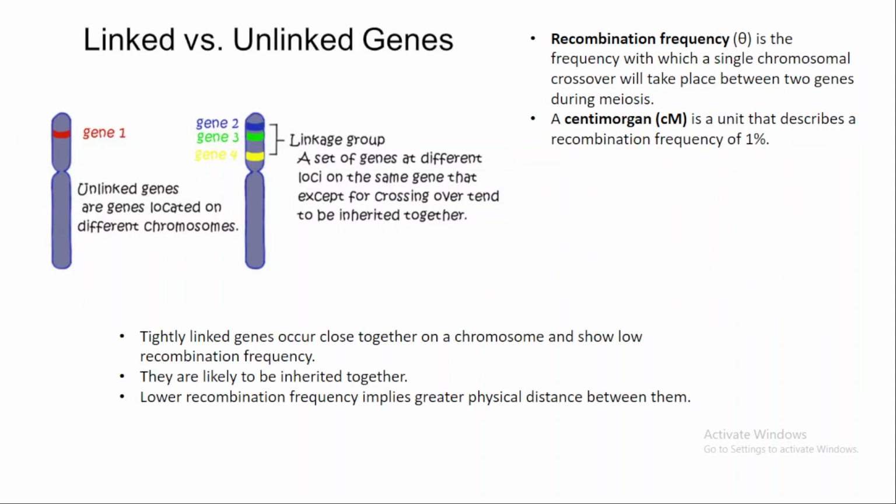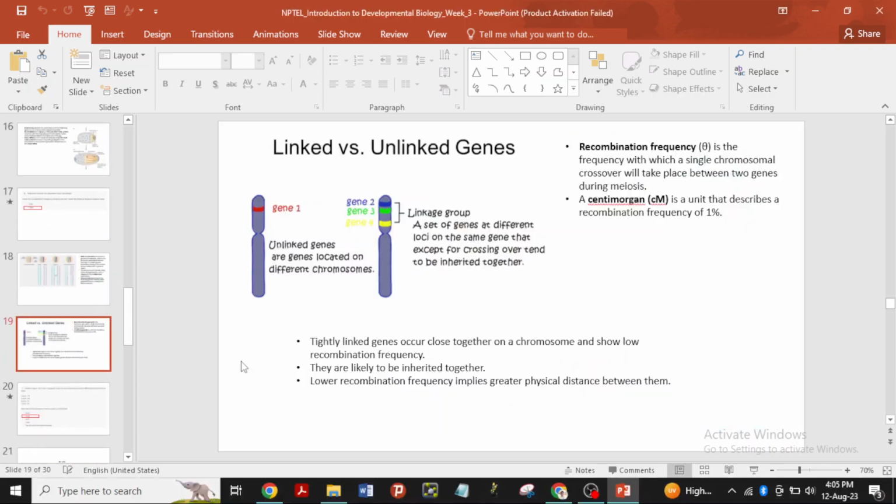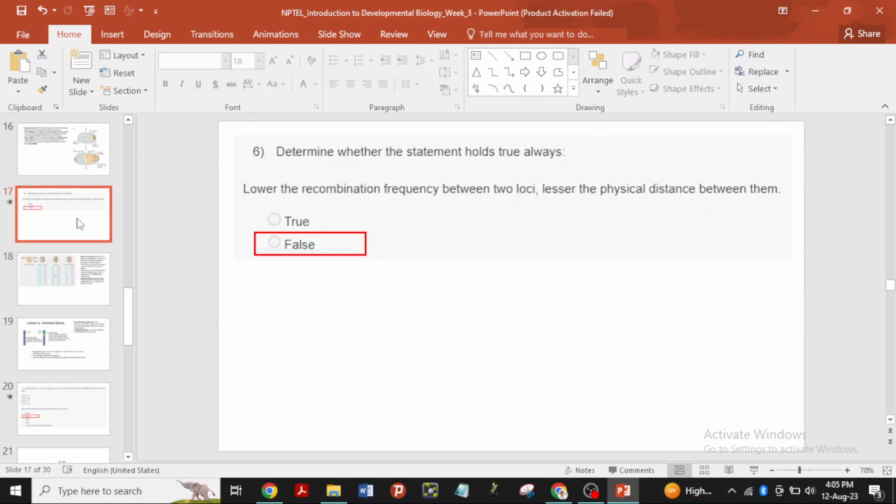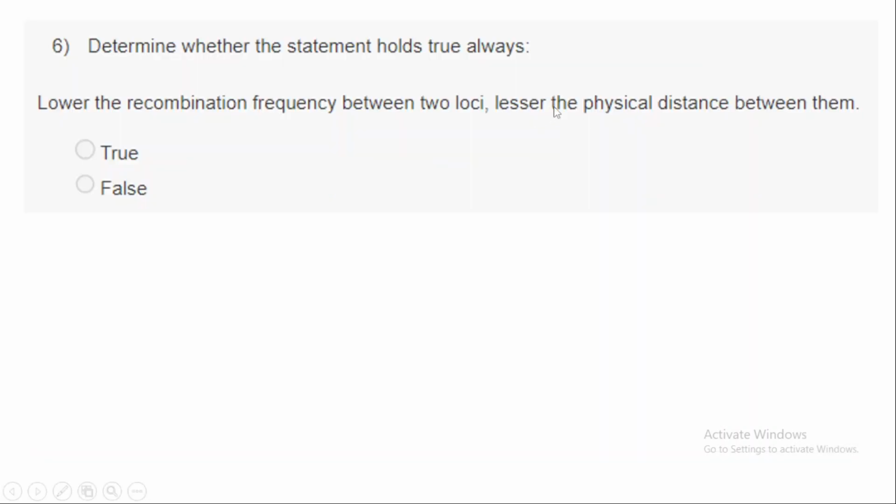I'll have to modify a little bit on this statement. Actually, it's the reverse. So lower recombination frequency, the less likely two genes will recombine, means lesser physical distance. So it's generally the case, but the answer to this question will be the same because there are certain cases in which genes which are located farther can have lower recombination frequency due to many other reasons. Lower the recombination frequency between two loci, lesser the physical distance between them does not always hold true,